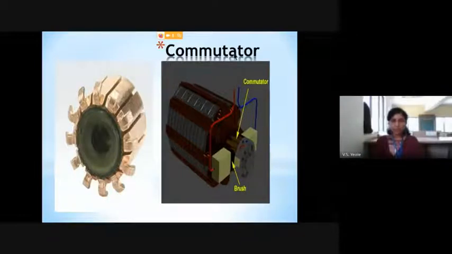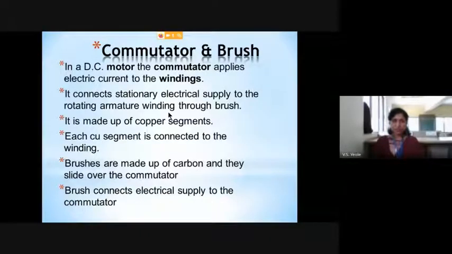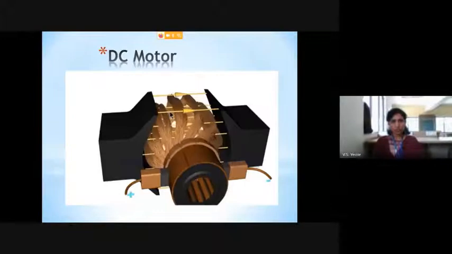Now next one you can see commutator. After this armature core, you can see that a copper type construction is there, which is called as commutator. Each commutator is made up of copper segments. So a number of segments you can see over this commutator. Each armature winding is connected to one copper segment. So one set of winding is connected to one segment. Now, in DC motor, why do we have to use commutator and brush? So I will show you this diagram or